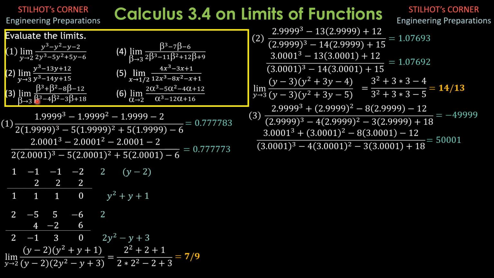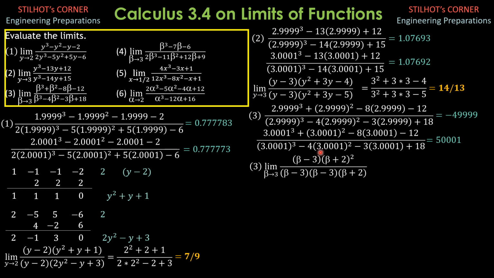So let us show officially that there is no limit by factoring the numerator and the denominator. Definitely there is beta minus 3 as a factor, and I want you to verify the factors by this approach here. It is beta minus 3 quantity beta plus 2 squared over beta minus 3 quantity squared, or beta minus 3 times beta minus 3 times beta plus 2.